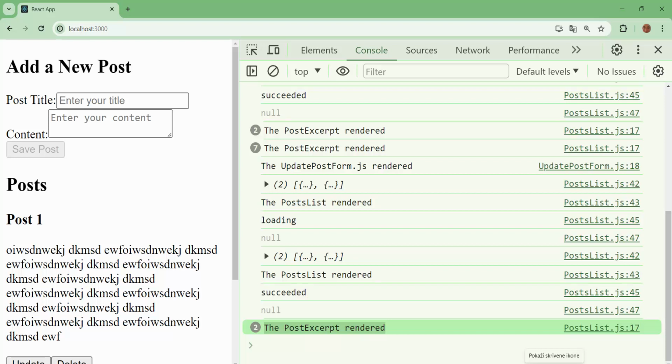And post list is connected to the global object post, and connected to properties of that object. In post list, we have post state, status state, and error state. And post state is important